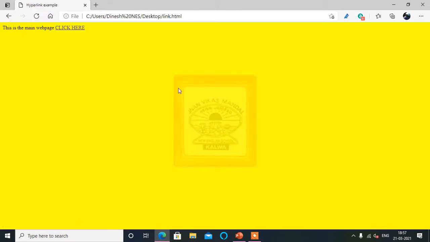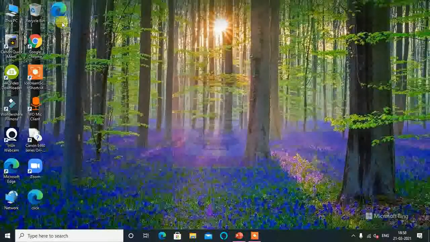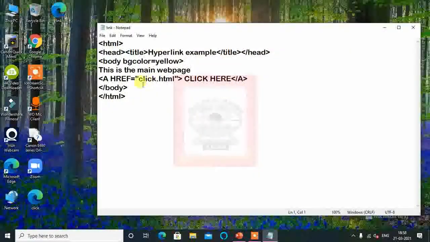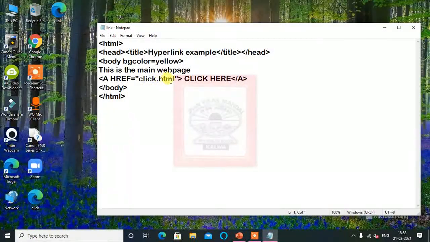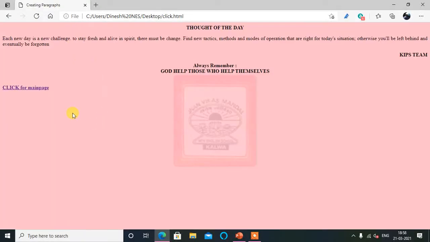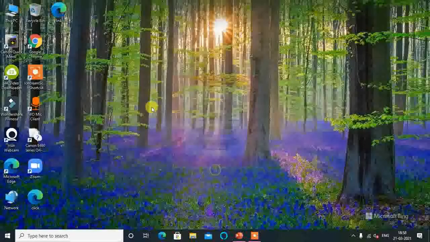So this way we can link the web pages. You can see here we have typed two web pages. First this click.html, then link.html. In the link.html we are going to use this a href tag, and here the file name which we want to link, and here some text for clicking, and this way we can link the two web pages. So as you can see, once again when you click this, we will get to this page, and when you click this it will go to the main page. So we have linked these two pages.